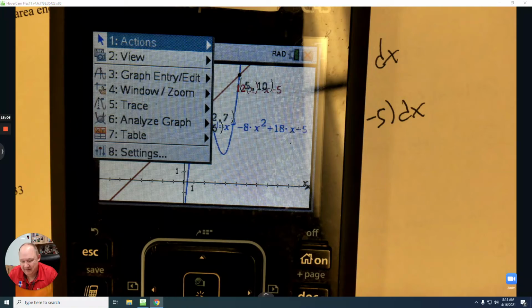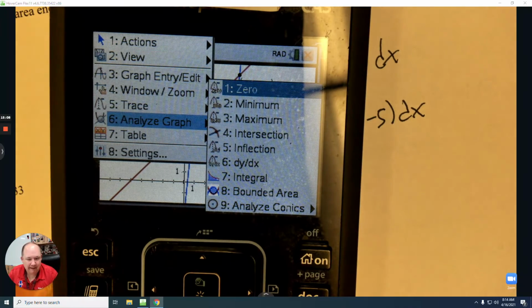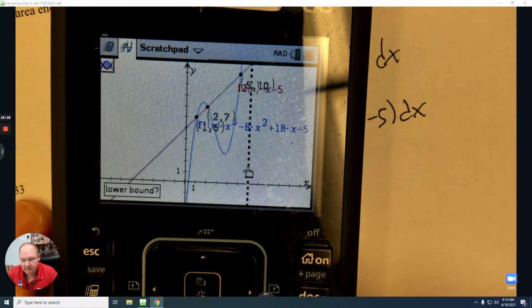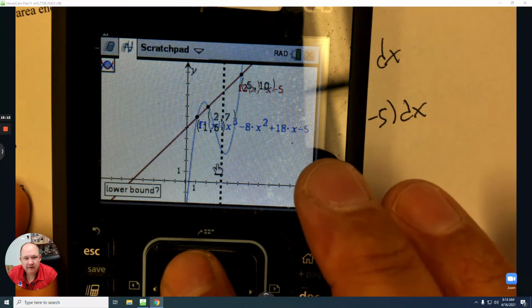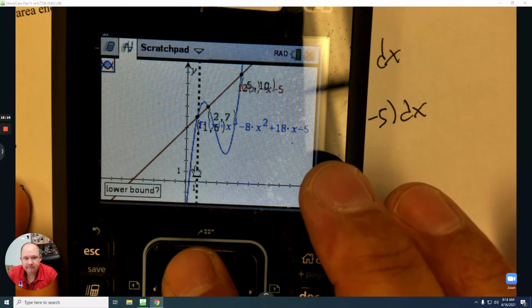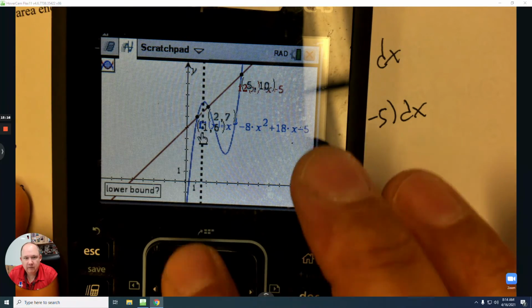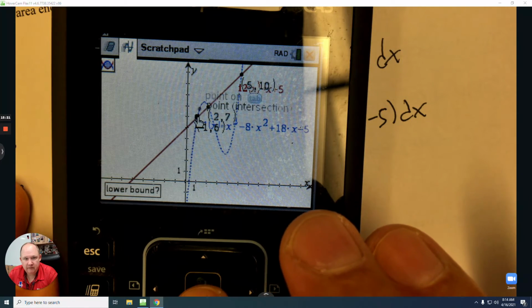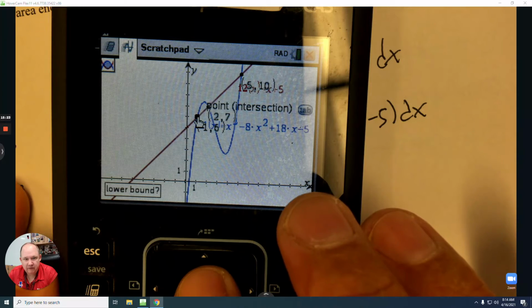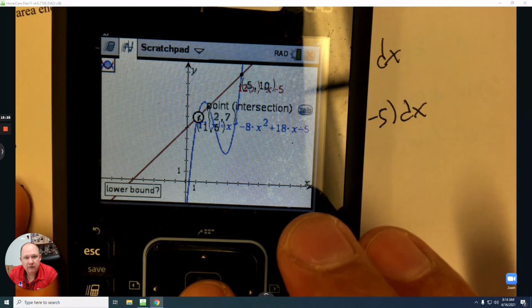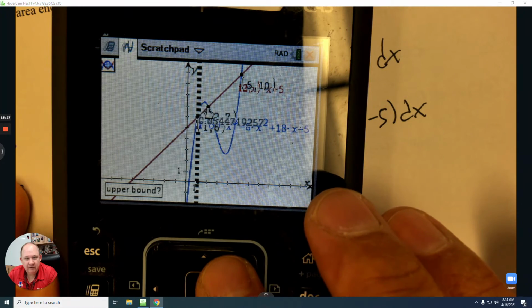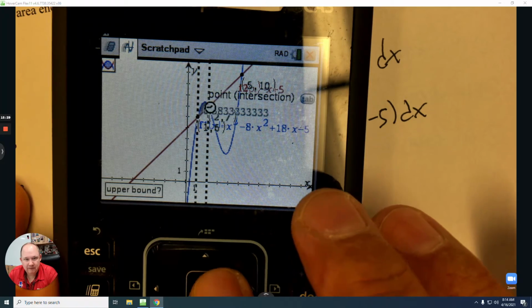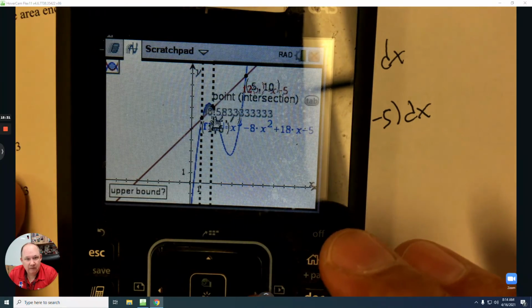I'm going to go to Analyze, and see there's one that says Bounded Area, which is 8. What I'm going to do is start at the point of intersection. See where it says point of intersection? Right there. Press down, and then move across, and it's going to say point of intersection again. Press down, and it gives you already that value, which is